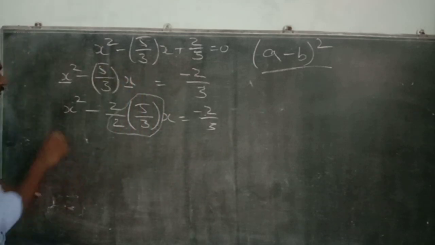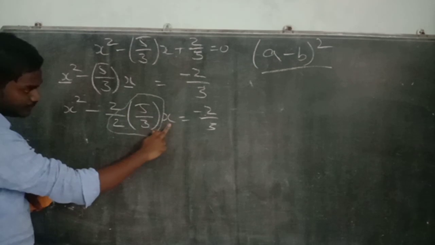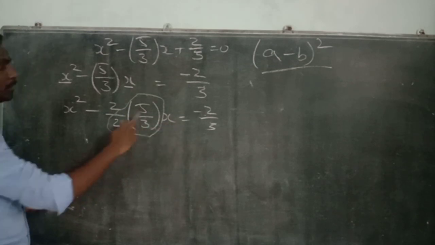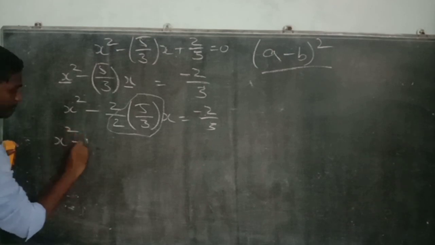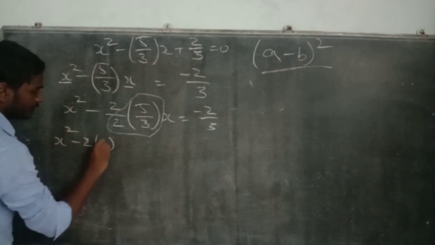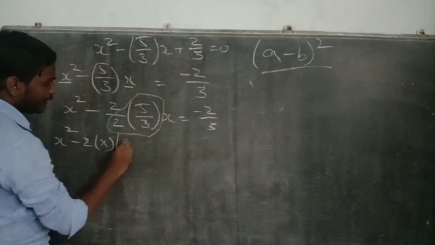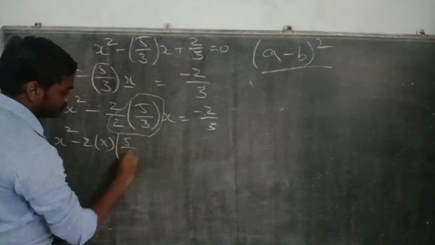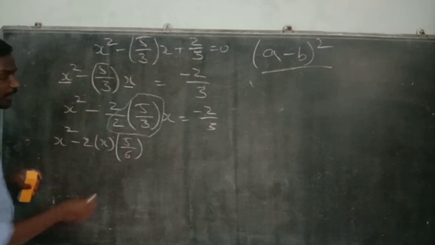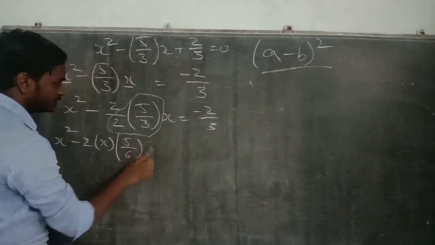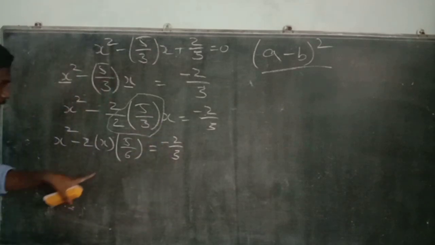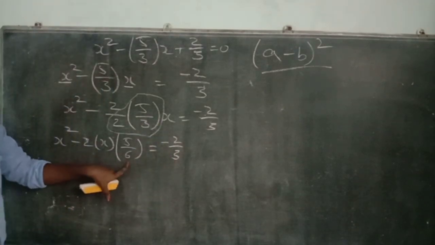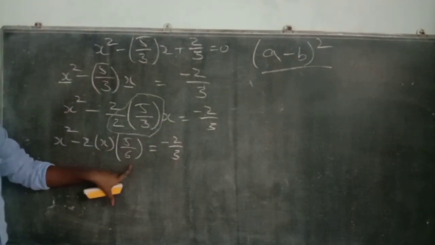Let me consider these values. Okay. Now this will be a square minus 2 into, let this be a and this is b. This is some other coefficient. So x square minus 2 into a into b value is 5 by 6 by multiplying these two. 5 by 6 x, okay, I have written this already. That is nothing but minus 2 by 3. So this is the b value. b value is nothing but 5 by 6.